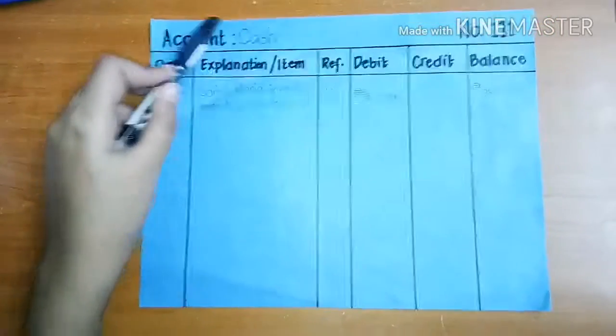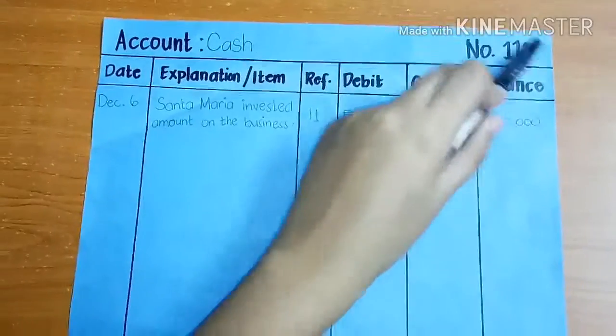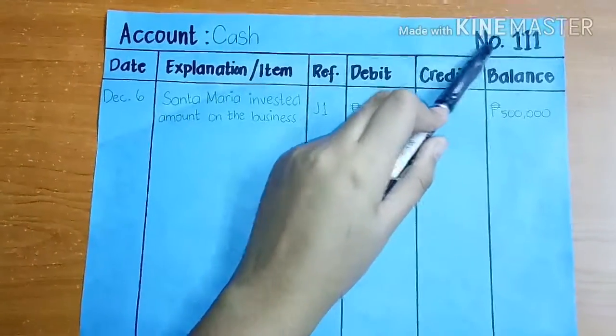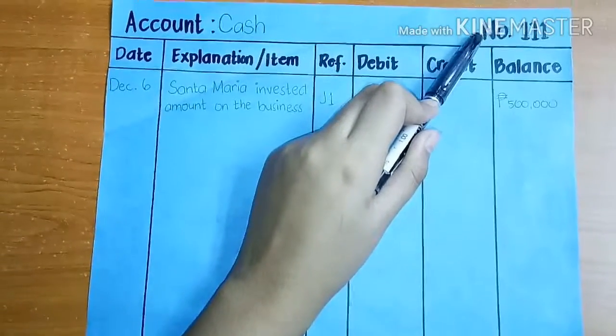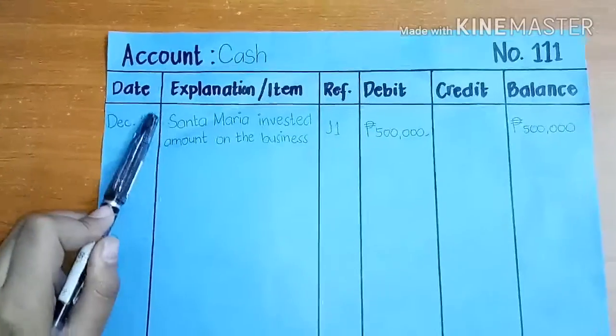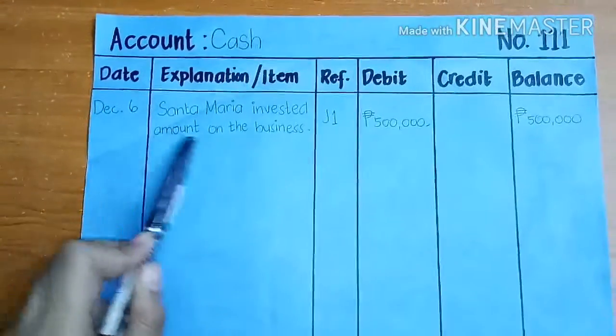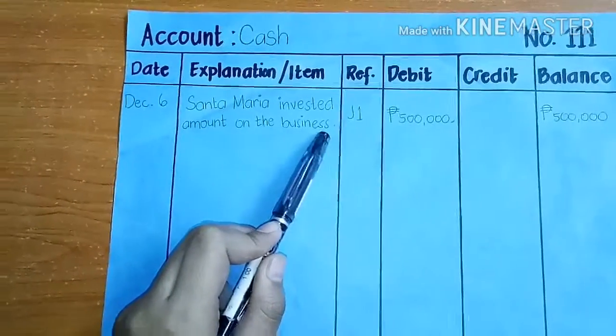Ledger. The account portion refers to the account title, for example, cash. The account number is an assigned number for each account title to facilitate ease in recording and cross-referencing. The date column identifies when the transaction happened. The item represents the source journal and the nature of the transactions.